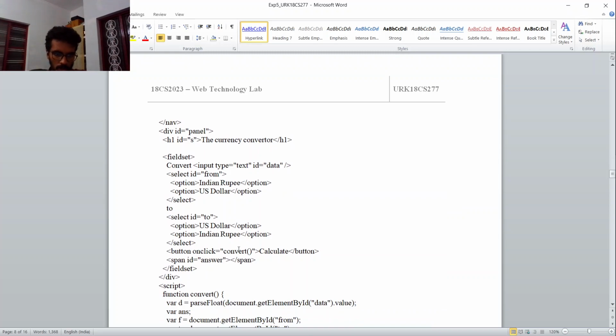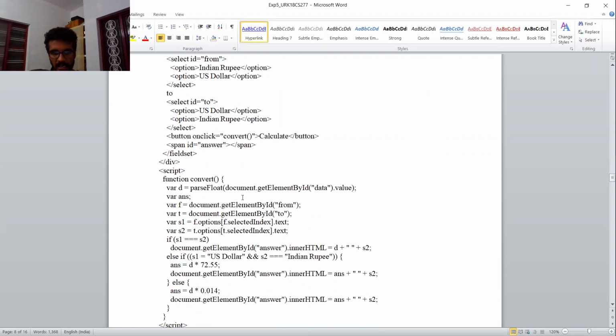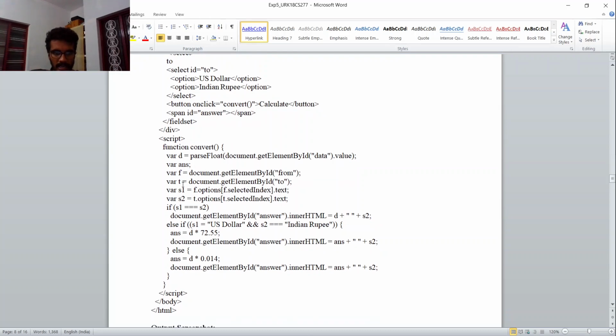For choosing from and to, both options will be there, and one button, convert, will be given. The convert function works with variable f and variable t, from and to, which are chosen, using the selected option, selectedIndex or text, and variable 2 selected option text.